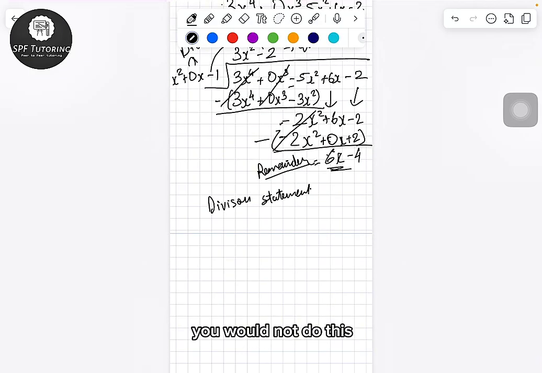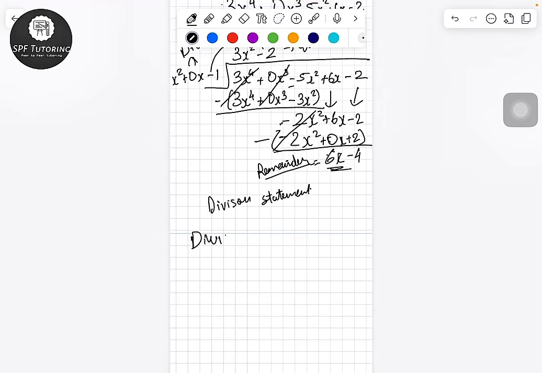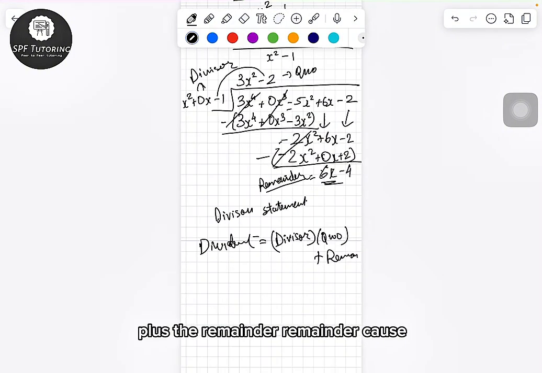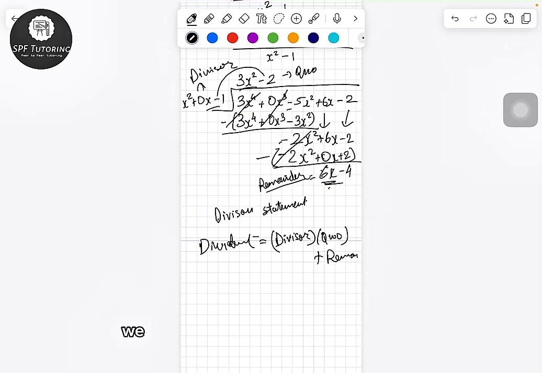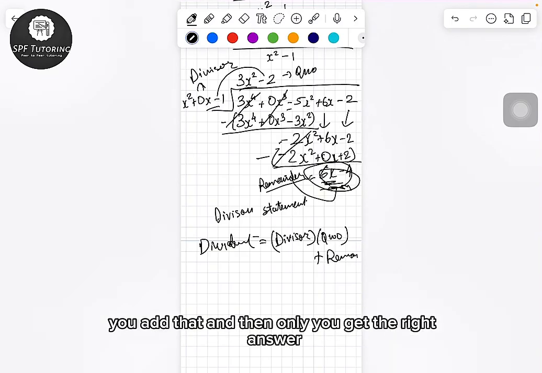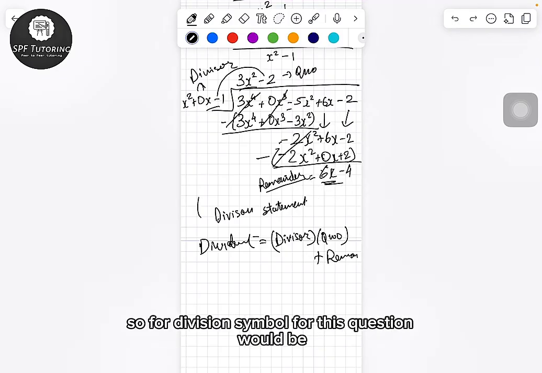So division statement would basically be your proof that this is that. No, you would not do this. So what you do is you would write the dividend equals divisor times the quotient plus the remainder. Because we did all this multiplication, we end up with this, but we still have this. You add that, and only then you get the right answer. So the division statement for this question would be